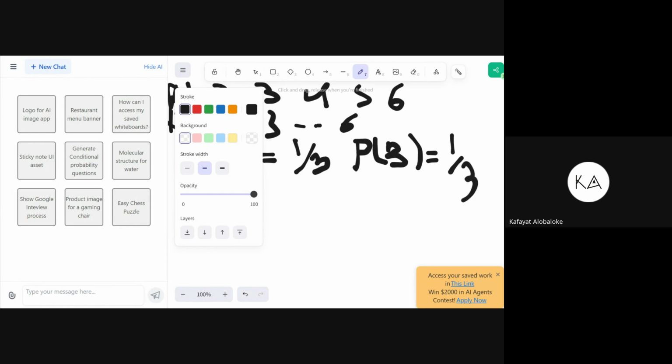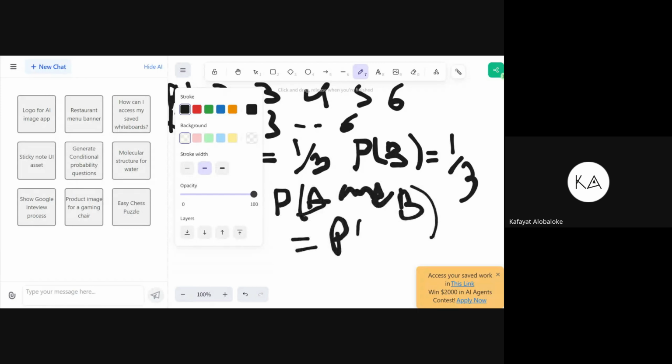Now, we are interested in the probability that 3 is occurring on both dice. That's the probability of A and B, which is the joint probability. Let's look at the probability of A and B. That is the probability of A multiplied by the probability of